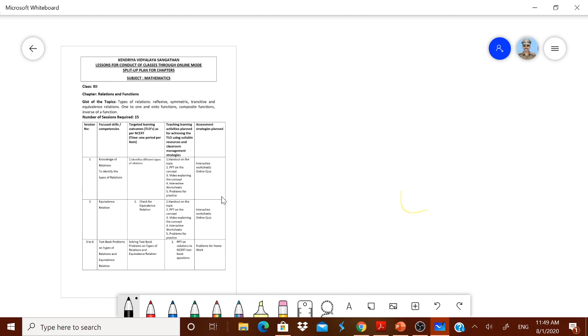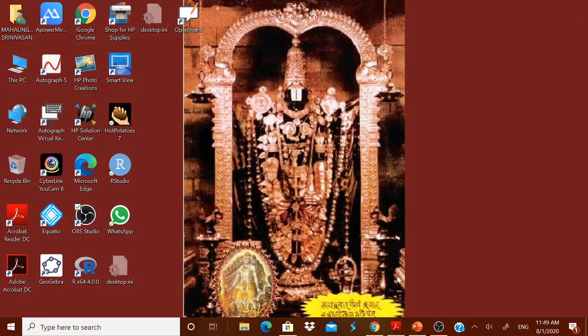Whenever you are teaching, you can underline it and circle it, and you can show that particular Word document to the children. Whenever you are teaching, you can have your annotation also. Similarly, you can run PowerPoint presentations also. Now this can be saved and this can be shared also. This is Microsoft Whiteboard, available with all versions of Windows. Okay, I am closing it.